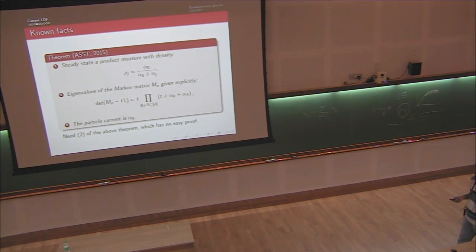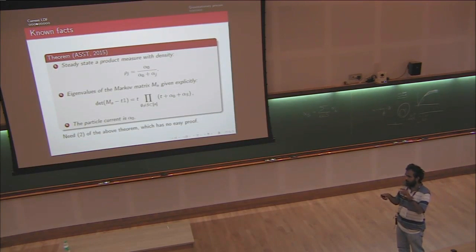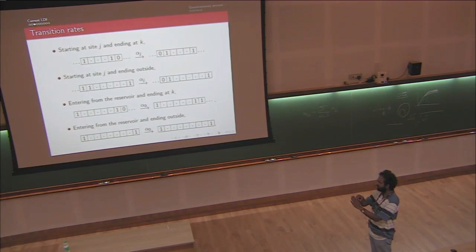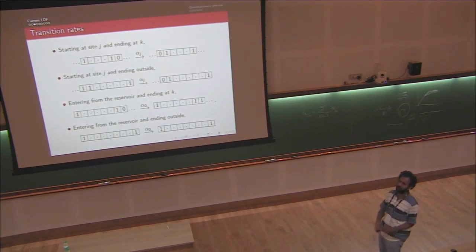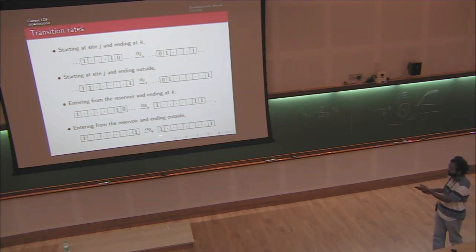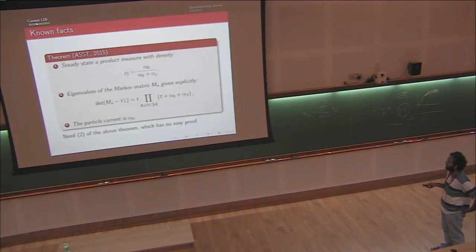So the current is, well, it's the probability, for example, what's the probability that a particle crosses the 0th bond, the bond on the left? I mean, there are several ways of saying this. What's the probability that a particle will enter from the left and cross this bond? Okay, well, since it's always going to cross no matter what the configuration is, this is the current result. Just by conservation of probability, this is the same no matter which bond you look at.